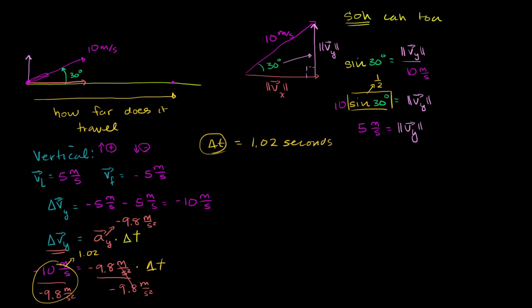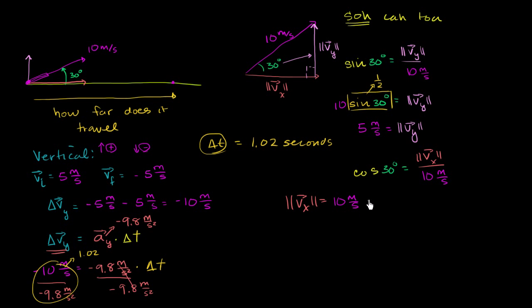So we get cosine of 30 degrees. I just want to make sure I color code it right. Cosine of 30 degrees is equal to the adjacent side, which is the magnitude of our horizontal component, over the hypotenuse, over 10 meters per second. Multiply both sides by 10 meters per second. You get the magnitude of our adjacent side. The color transitioning is difficult. The magnitude of our adjacent side is equal to 10 meters per second,